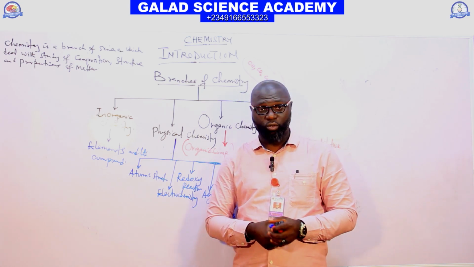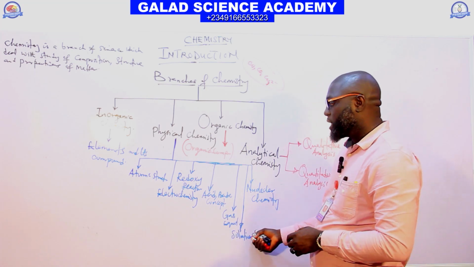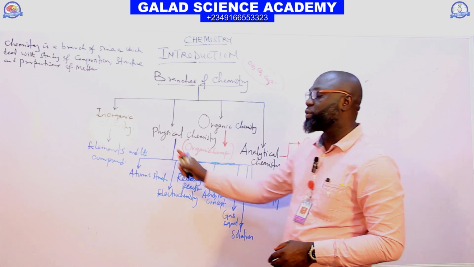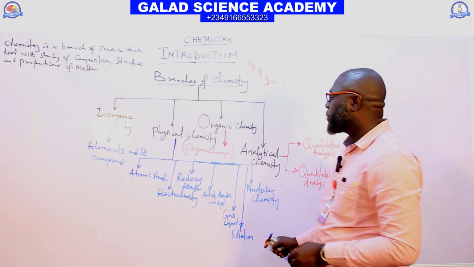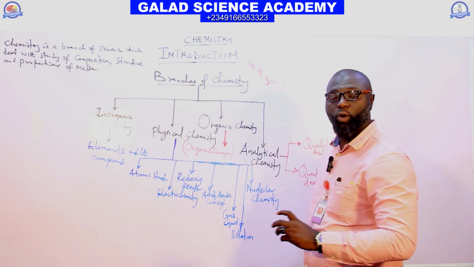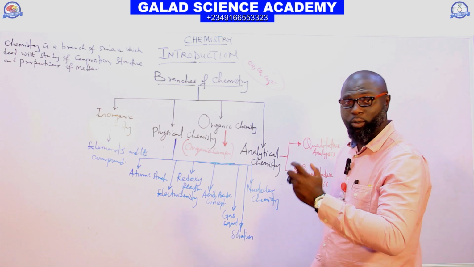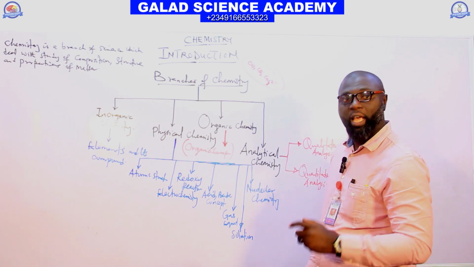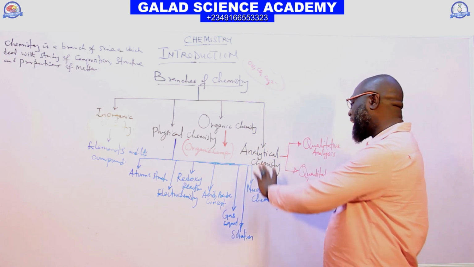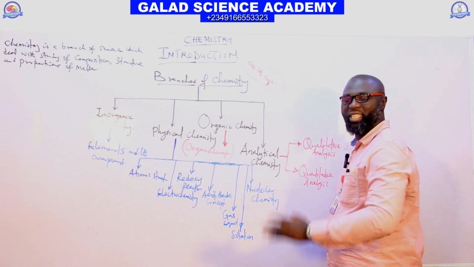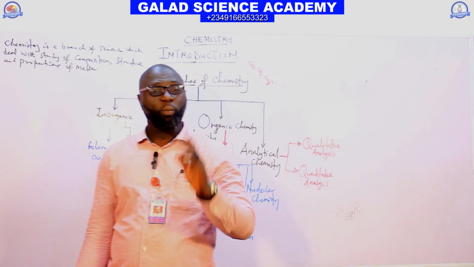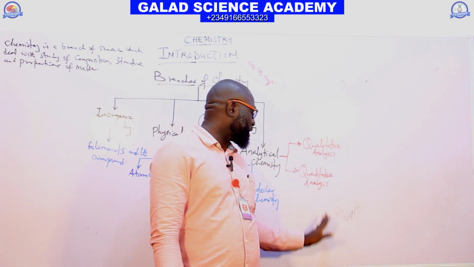Physical chemistry is the aspect of chemistry that is concerned with the principles and laws we have in chemistry. There are more than this; these are the few aspects of physical chemistry. But organic chemistry is a branch of chemistry that deals with the study of organic compounds, or carbon and its compounds, with the exception of CO, CO2, and CO3 2-. Analytical chemistry is an aspect of chemistry that deals with the practical aspect of chemistry, and it comprises qualitative and quantitative